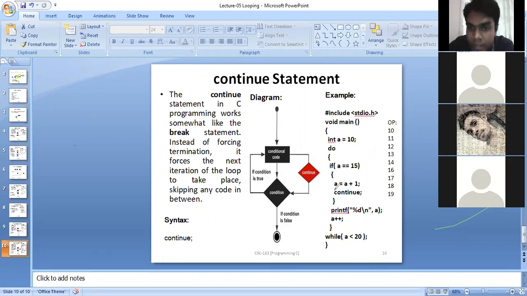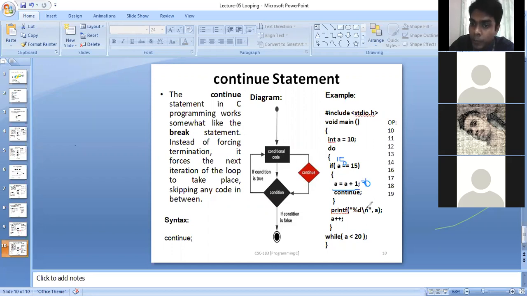Now here it is 16. At this point we're getting the value 16, isn't it? No sir, if a is equal to 16 in the if, according to this program it will never happen. Why? Because when it is 15 here, the condition is true, it will go inside the if body, and it will increase the value by 1. So now it is 16, isn't it?